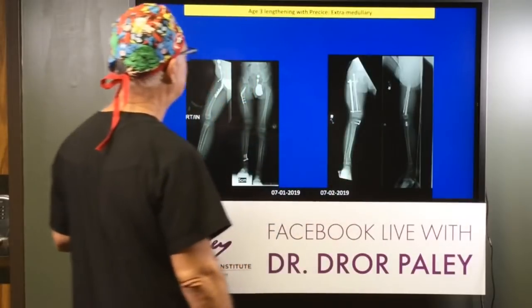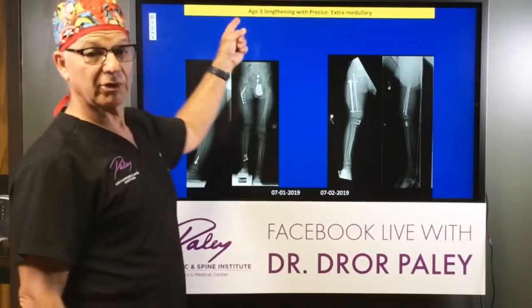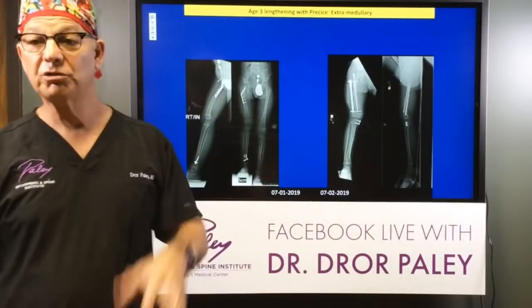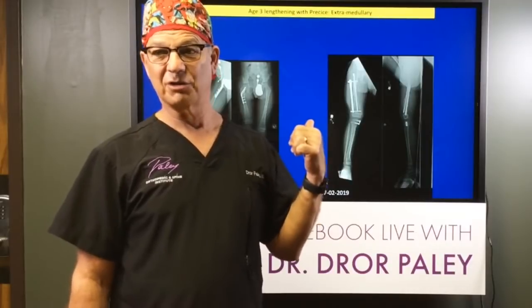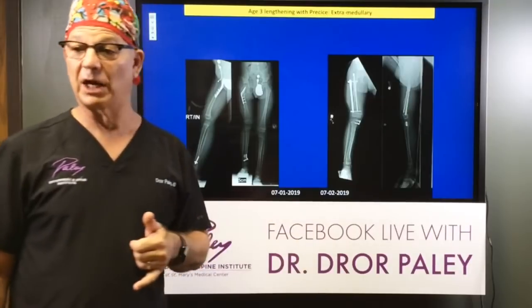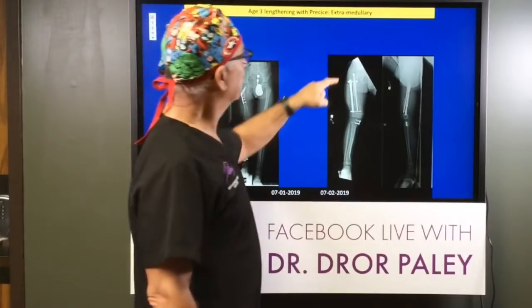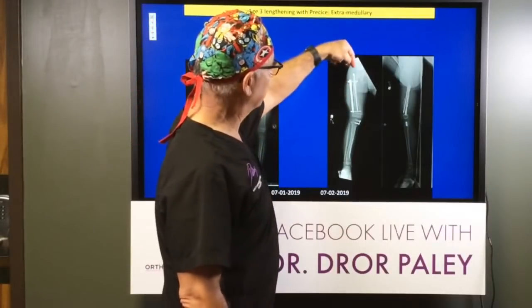And finally, the Precise plate. So this is kind of the latest and greatest, the newest technology of all. We presented it in September when we implanted the first Precise plate. I conceived of this device in 2012, went to the company that then was called Ellipse, and said, hey, we've